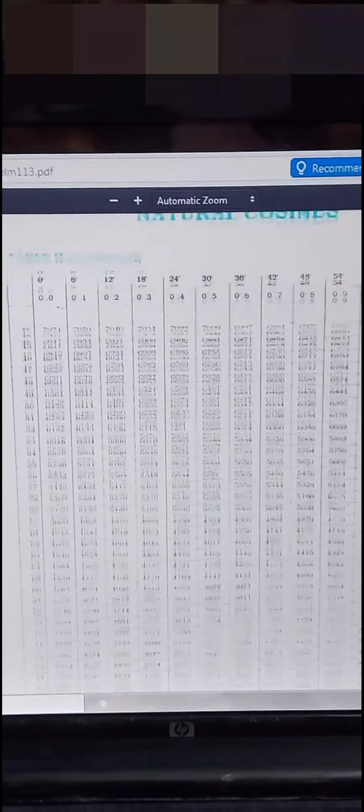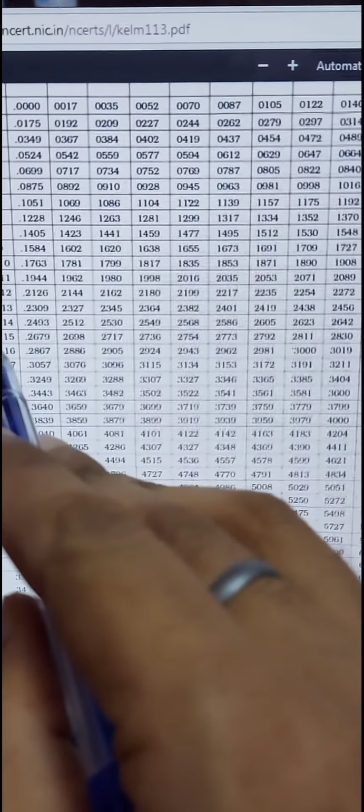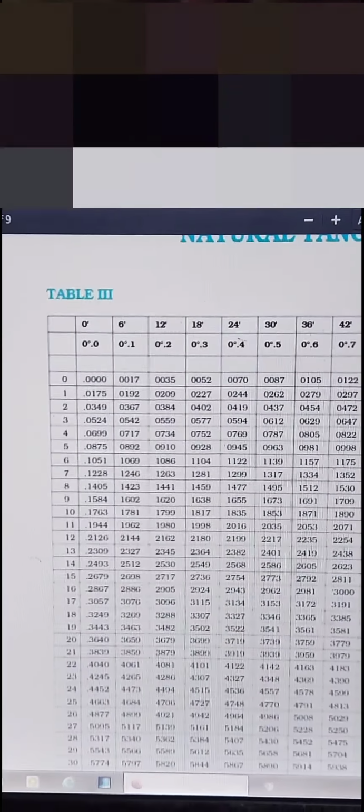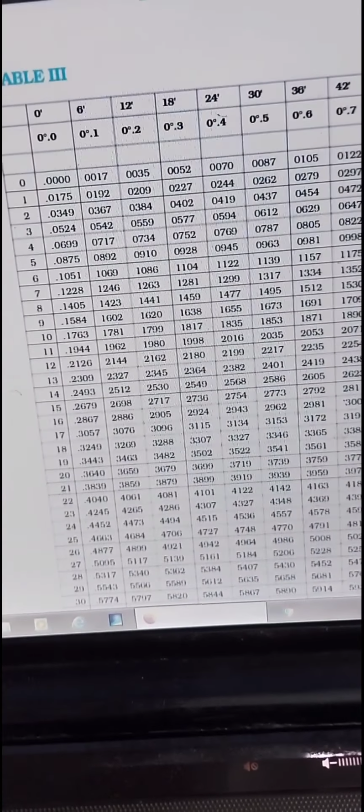Suppose we have to find the value of tan 15 degree 2 minutes. Again we move towards the tan table. Now here we have 15 degree 2 minutes, so we will see the row where we have 15, and here the minute is 2 minutes, so we will see a column which is exactly less than 2 minutes, 0 minute, because 6 minute is greater than 2. So in this column we will write the value which is corresponding to the value 15. So here we have 0.2679.